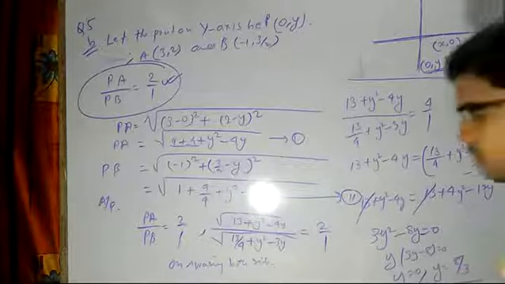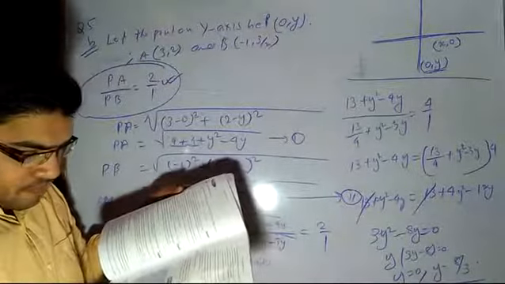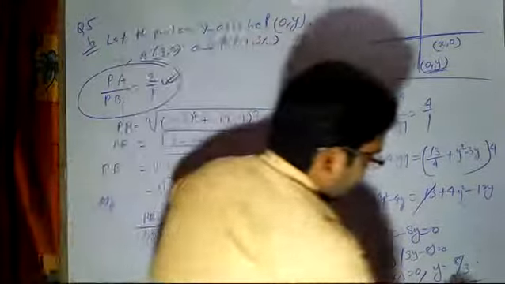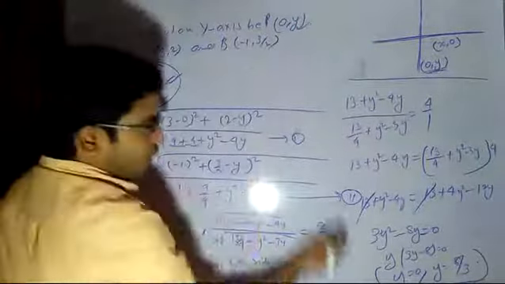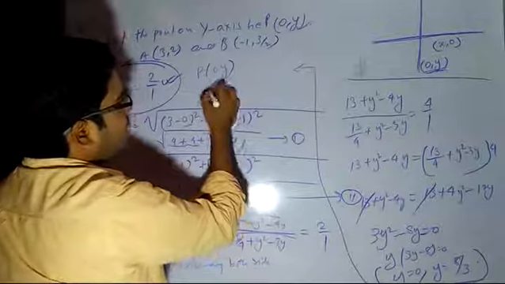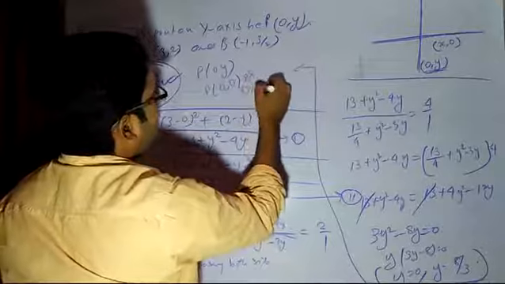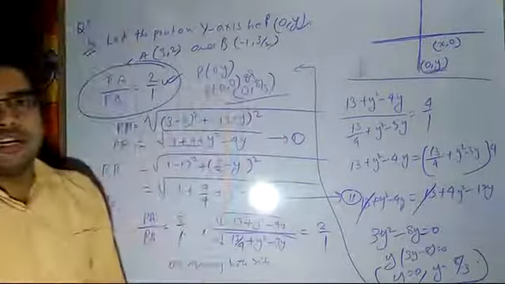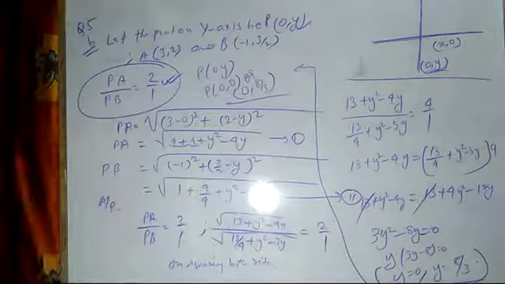So these are the two possible points for y. So the y value will be either 0 or 8/3. So the exact coordinates, these are the possible values of y. So your point will be, you can write the point is P(0, y), that means either it will be (0, 0) or (0, 8/3). So these are the two possible coordinates that we will get. So likewise we will solve and then calculate the answers for question number 5 subpart B.